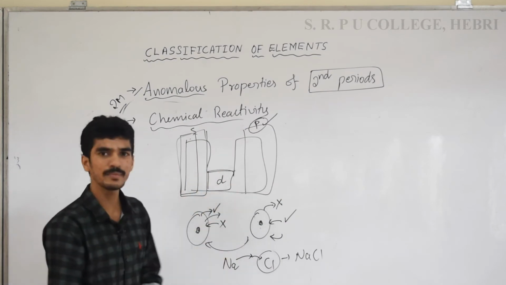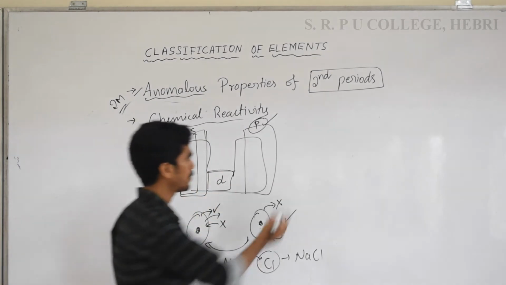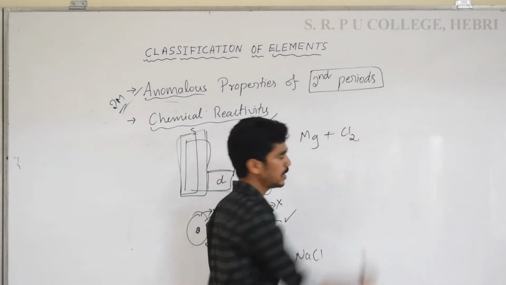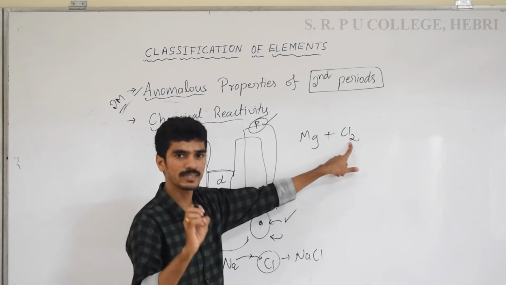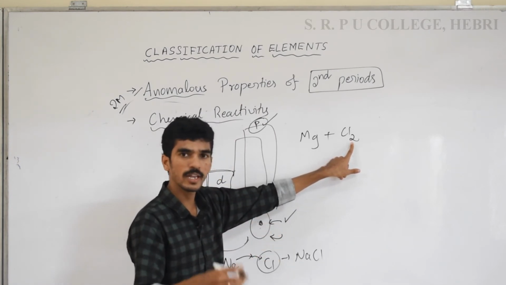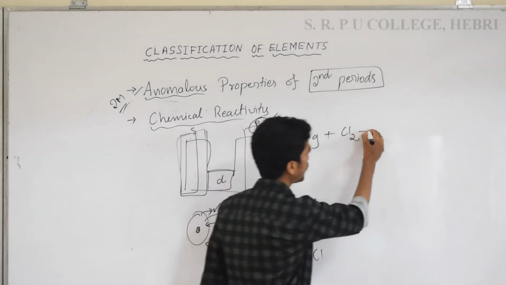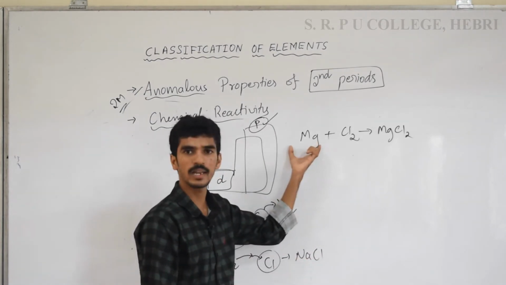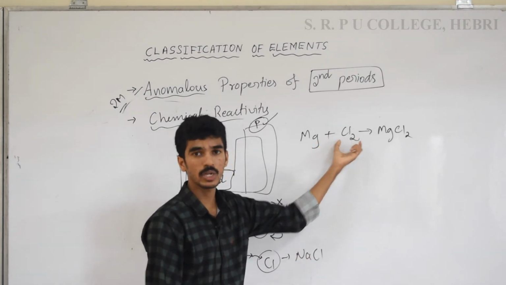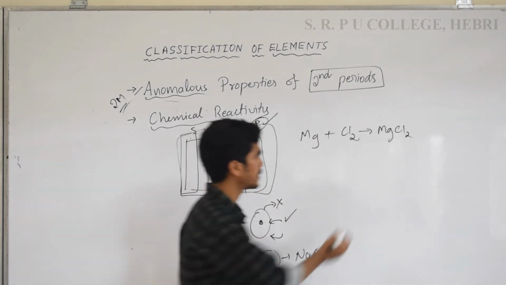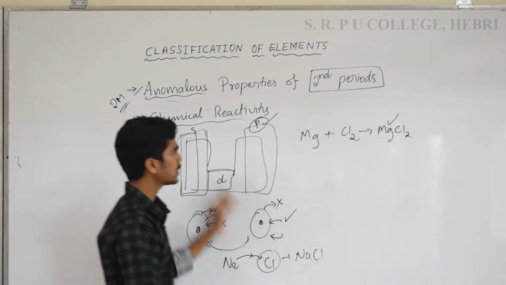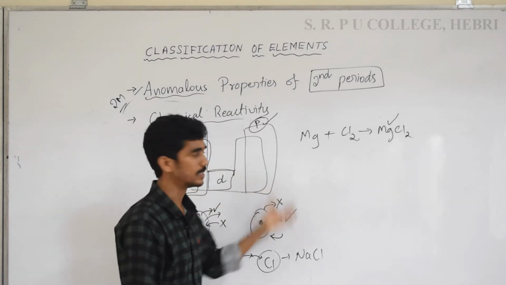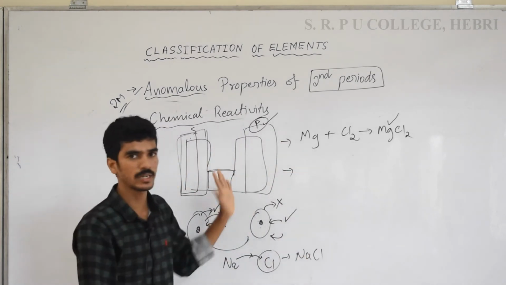That means S block elements can easily react with the P block elements. For example, Mg is there. When Mg reacts with Cl2, because Cl is not present as it is, it will be bonded in diatomic molecule form, so it can form MgCl2. The only reason is that these are highly electropositive and these are highly electronegative. Positive and negative can easily attract each other to form a compound like this. So the first thing you should remember is that leftmost side elements react with the rightmost side elements. Okay, so the reason, we already know the physical trends.